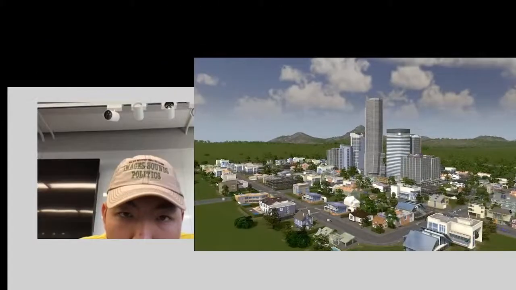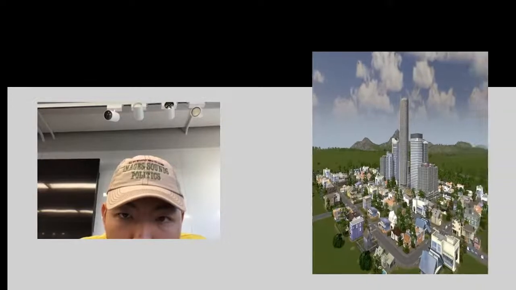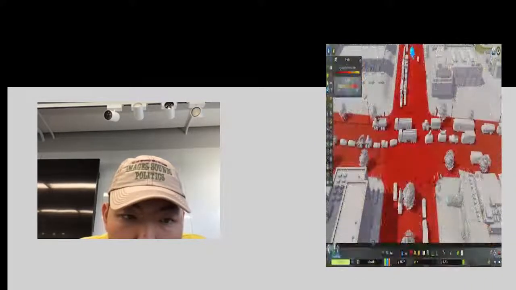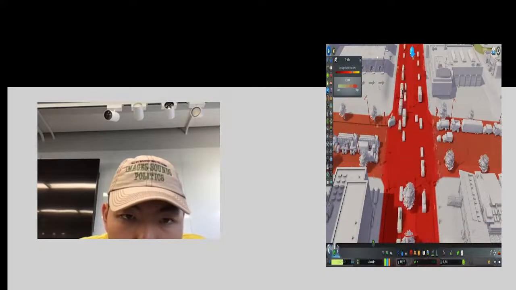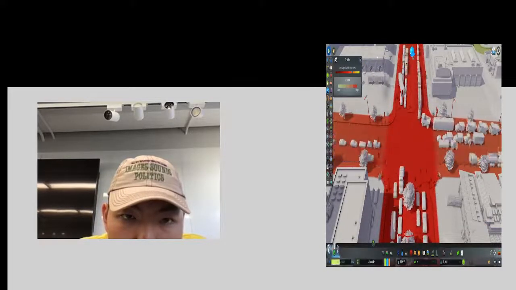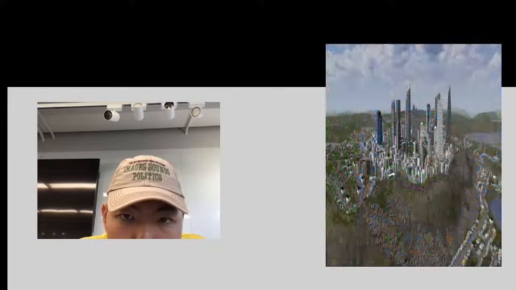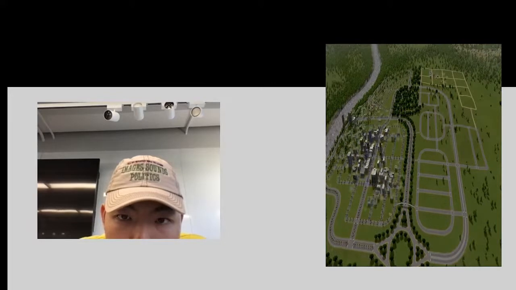Have you been struggling to make your cities look more natural? Do your cities end up looking a little bit more like Manhattan than you'd prefer? Are your cities completely gridlocked even if you followed the rules of roadway hierarchy? All of these problems can likely be attributed to your land use and/or zoning decisions. And today, I'm going to explain how to make your cities look more natural by using the in-game zoning tools more effectively. I have a few mods enabled to improve the visuals and ease the tutorial along, but